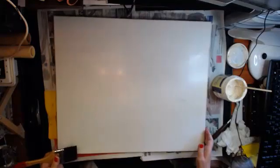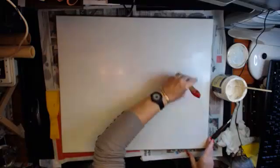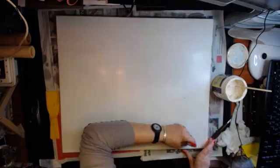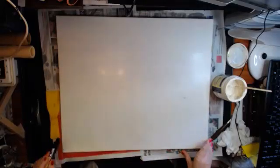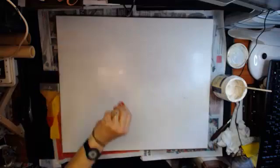So if you wet the canvas with the brush across, and again, this is not how you do it, and I'm not doing the edges, that's how rough this is going to be. So that's got just about covered the entire thing. I should have done this with my new cardigan and my best top, but